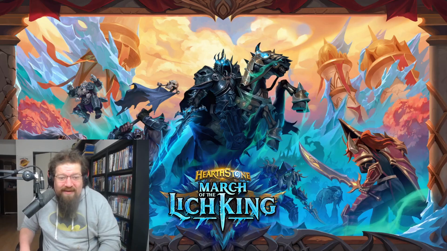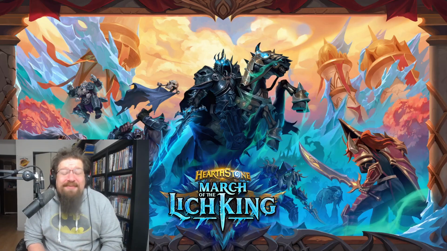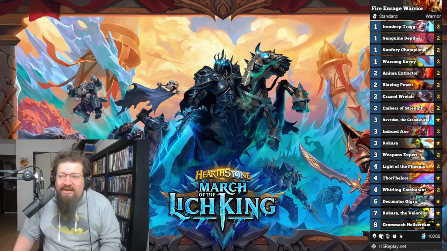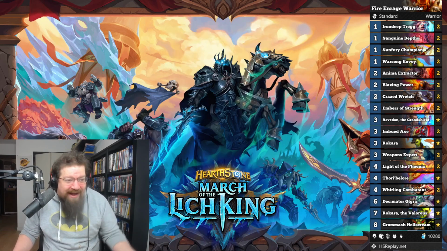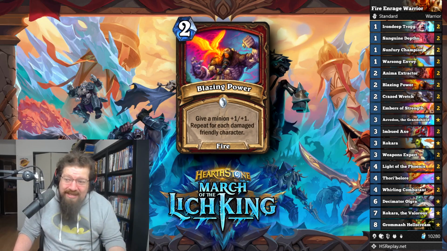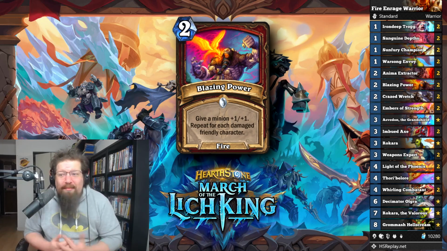And lastly, we'll leave off with a class that's going to be in Rage Warrior, a bust for it. So here's a Fire Rage Warrior list, where basically you have the new 1-drop in here. You have the new Fire package, which includes Light of the Phoenix, Embers of Strength, Blazing Power. You're just trying to go wide on the board, damage things, buff it up with your new fire spells, and